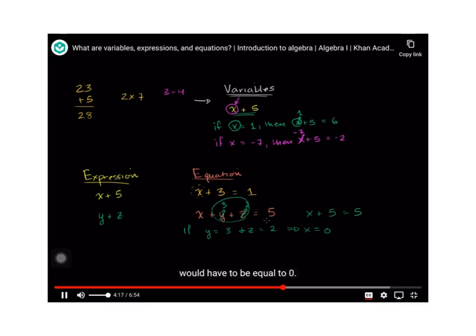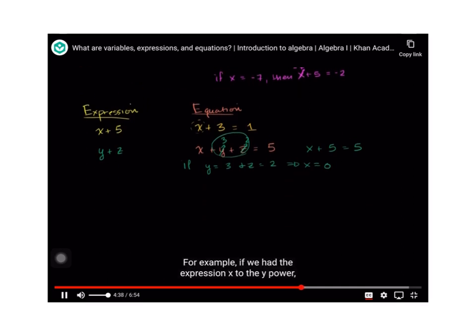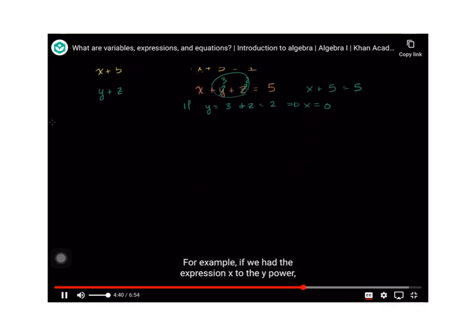But the important point here, one, hopefully you realize the difference between expression and equation. Equation is essentially you're equating two expressions. The important thing to take away from here is that a variable can take on different values depending on the context of the problem. And to hit the point home, let's just evaluate a bunch of expressions when the variables have different values. So for example, if we had the expression